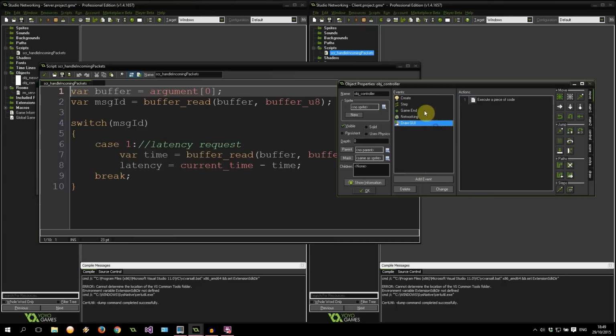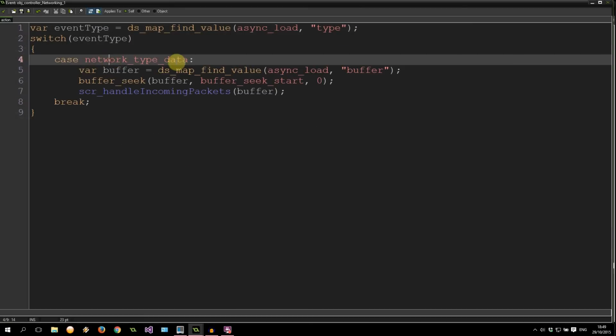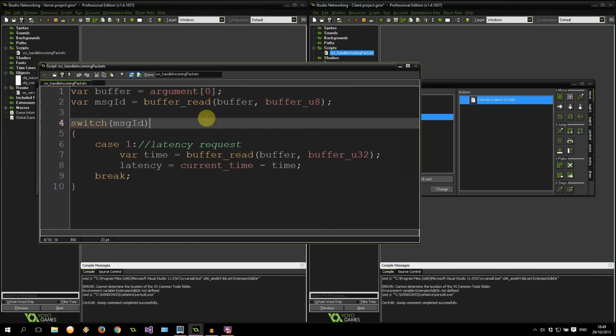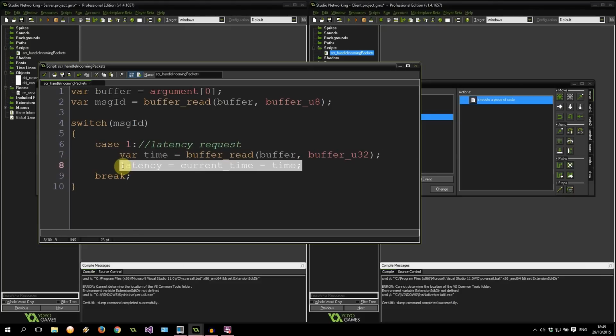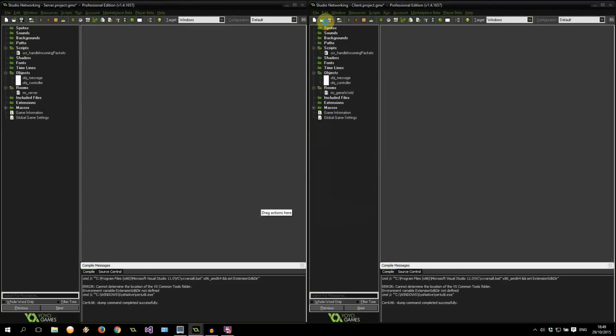But before it gets there, obviously it's going to be going through his networking event in the one and only case, network type data, right over there. And when that comes into here, we're going to find out that it was a 1. That means it's a latency request. We're going to grab the time and update the player's latency. Cool. So now what I'm going to do, I'm going to save this, and I'm going to create 2 instances